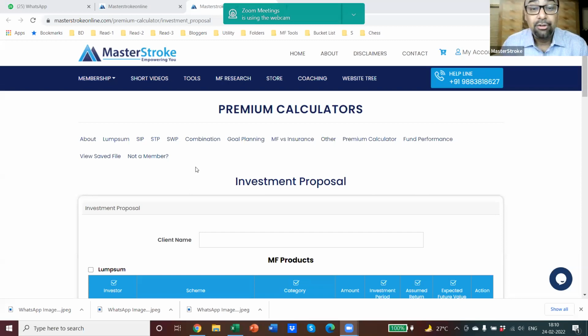Today we are going to launch the all-in-one investment proposal, and here it is. This is the opening screen, and I will show you how to use this calculator. This comes into the premium calculator section, and this will be uploaded by evening or tomorrow morning. But I've got the preview link from my